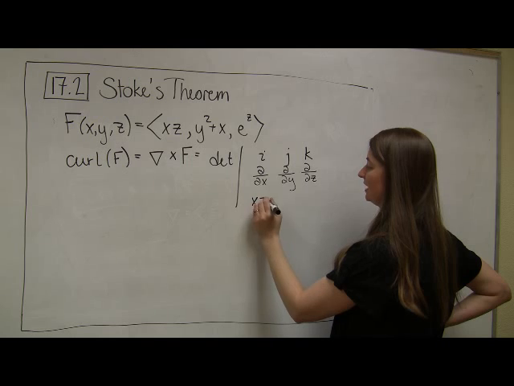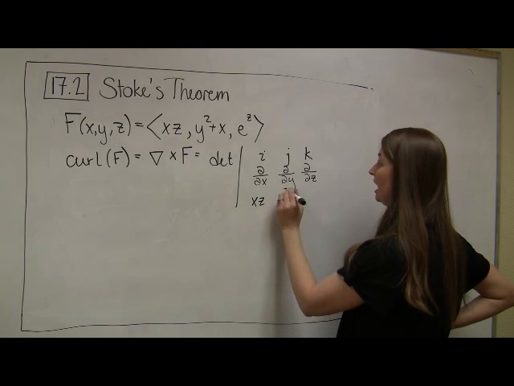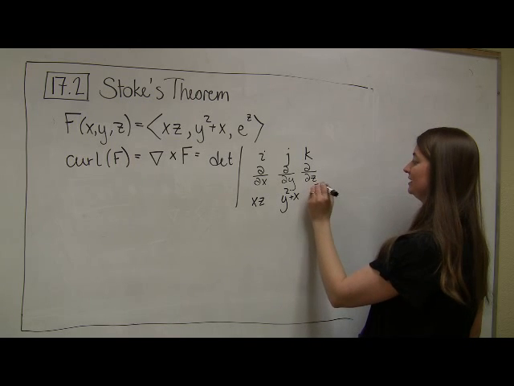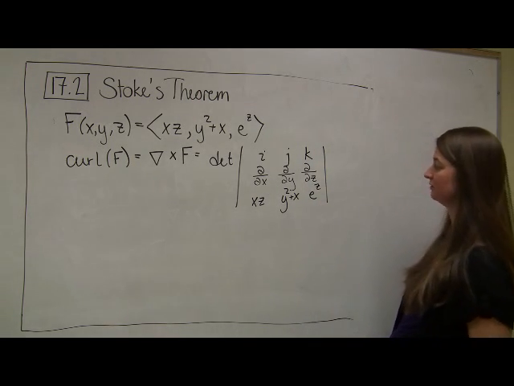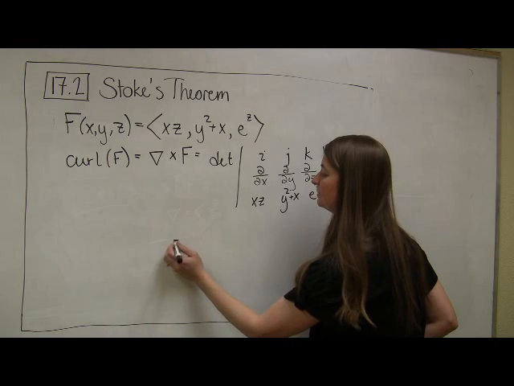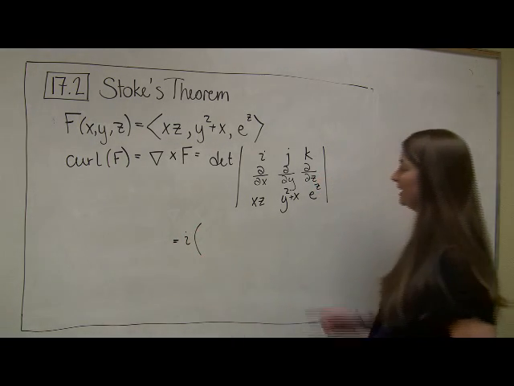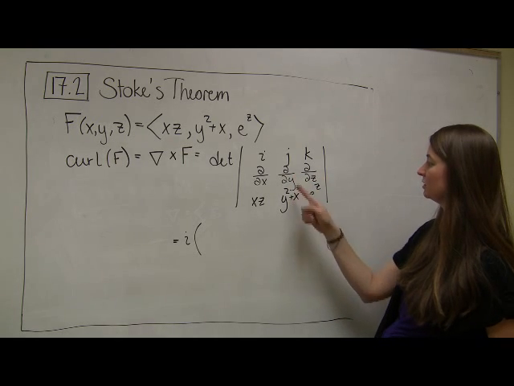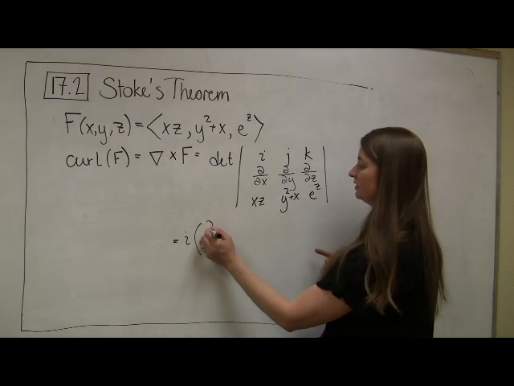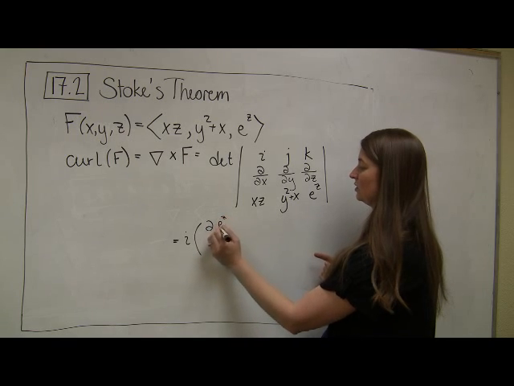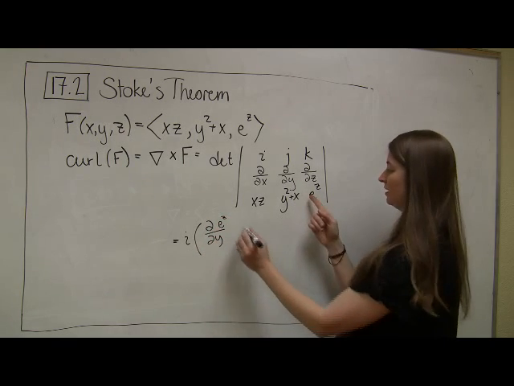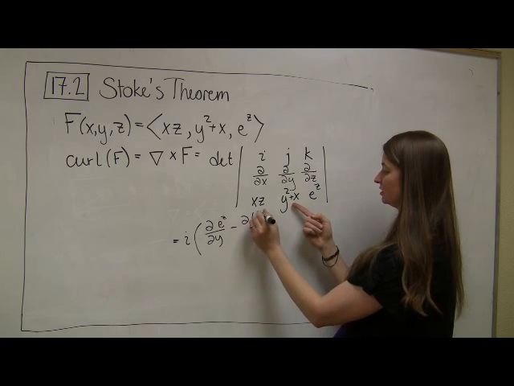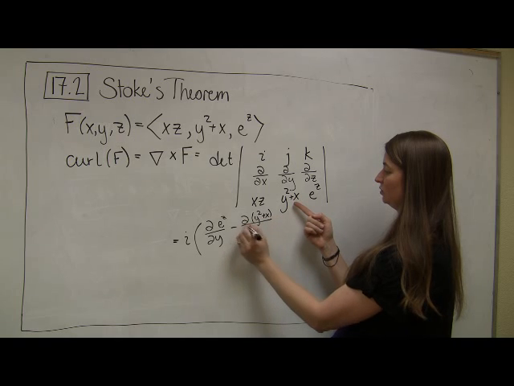So in this case, I have xz as my first component function, I have y squared plus x as my second component function, and I have e to the z as my third component function. So let's take the determinant of this matrix. Again, when I look at the ith component, it's the determinant of this minor 2 by 2 matrix. So I'm taking the partial derivative of e to the z with respect to y, and then I subtract the partial derivative of y squared plus x with respect to z,